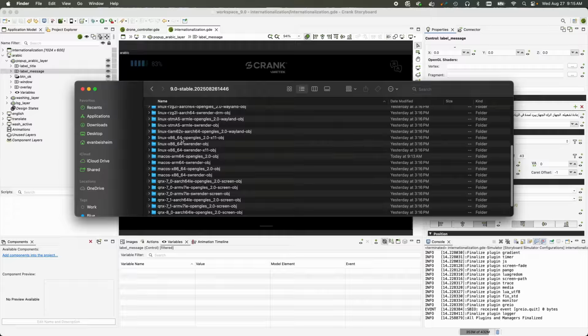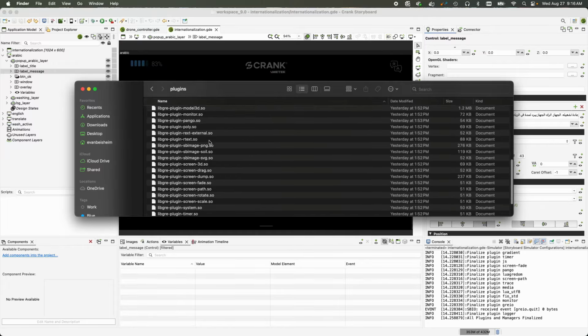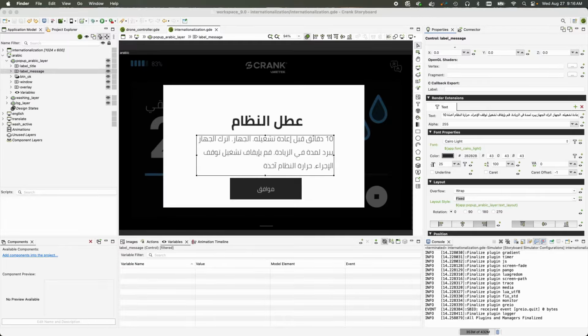In a supported runtime, you'll be able to find it in the plugins directory, called libjerry plugin Pango. So as long as you're using a runtime that supports it, in Designer, in order to enable bidirectional text support,